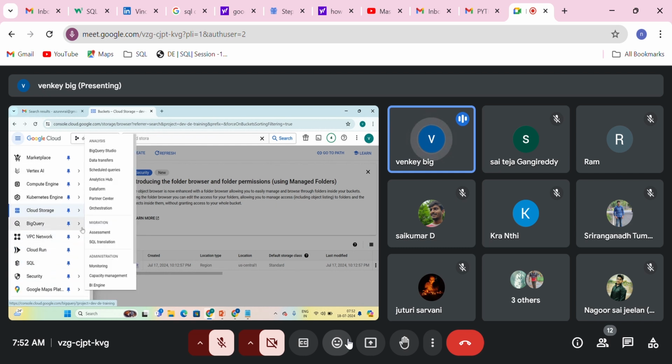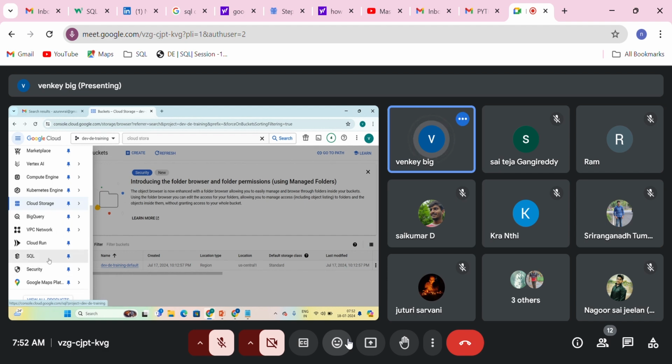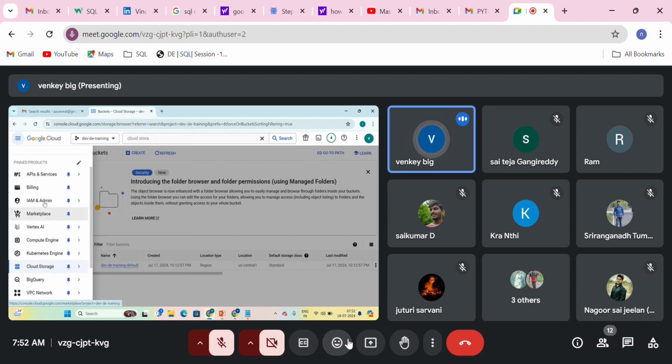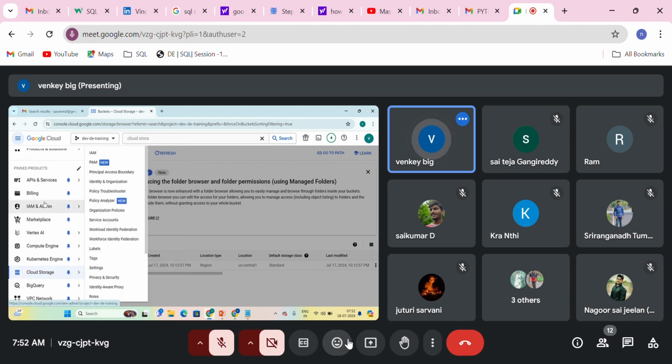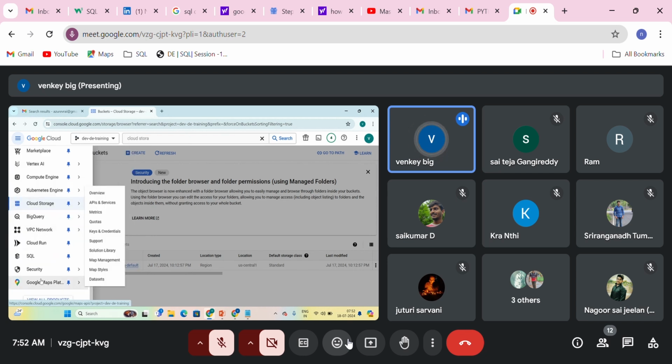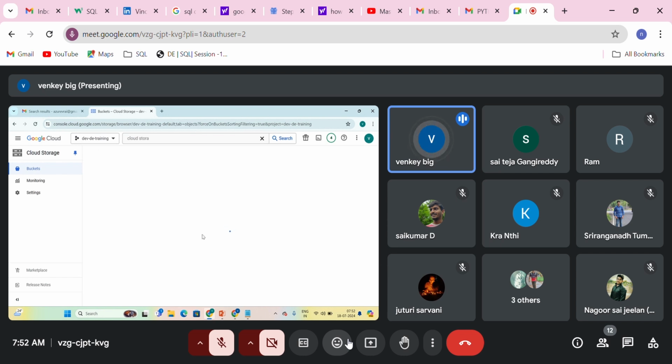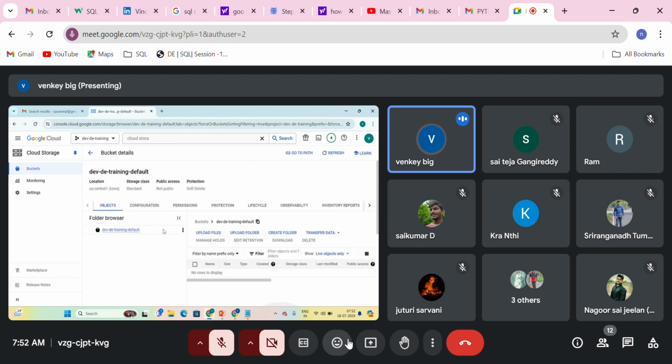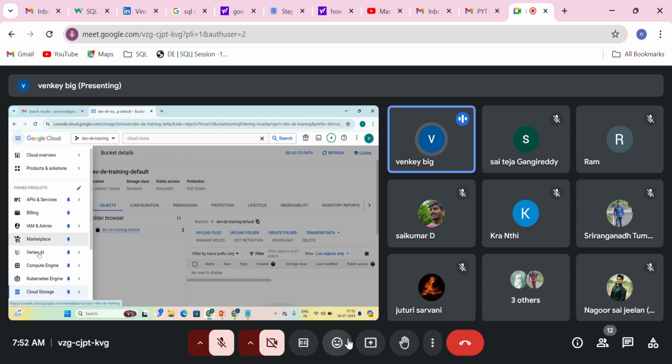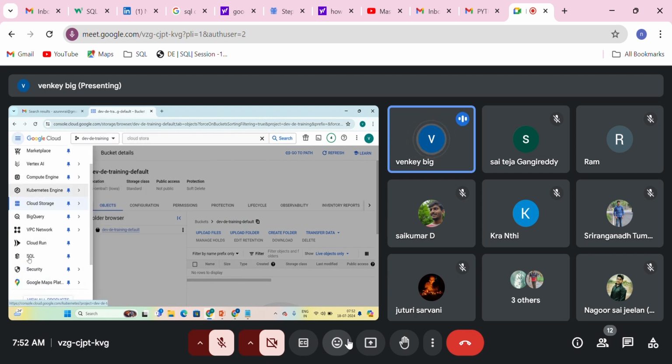We will see the introduction to Google Cloud platform tomorrow, but I'm just giving the glimpse of what we are going to discuss in Google Cloud. And I have created a bucket here, the dev de training default bucket. Under this you can create the folder structures and store your files. So this is just a practical glimpse of Google Cloud Platform.